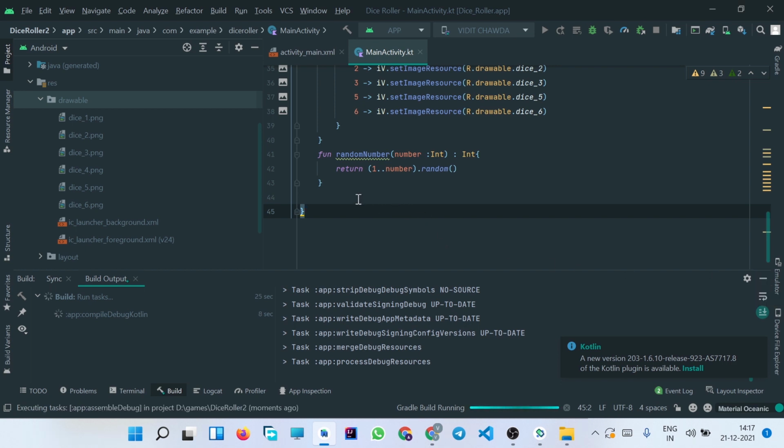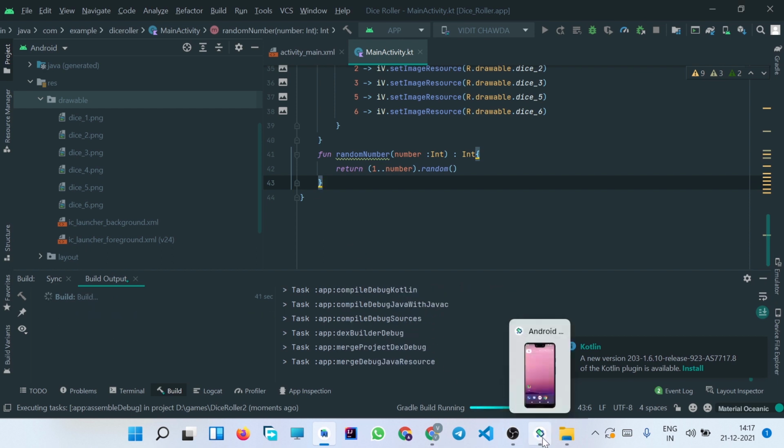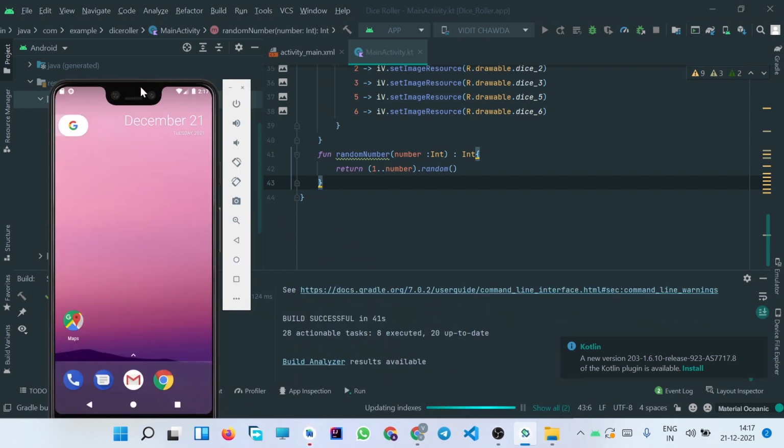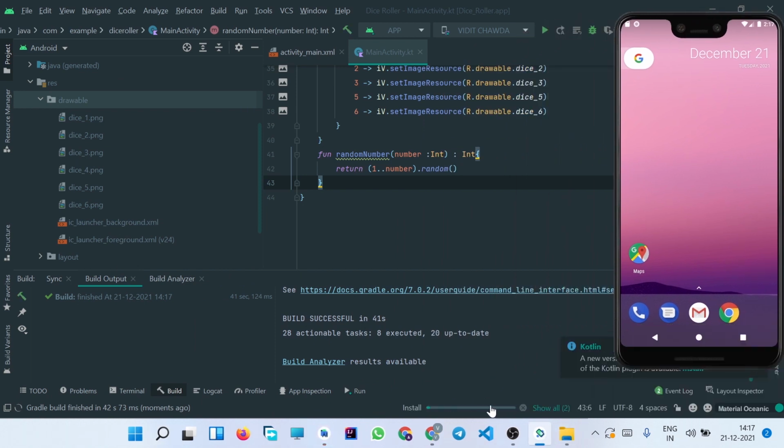So don't be worried, be patient. It takes some time the first time when we run our application. So the Gradle build invocation has been finished, and now it is installing the application.